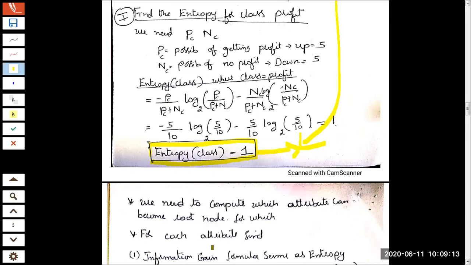I hope you have understood up to this point. In the next class, we will see how to compute the entropy of the attributes and how to use that information to obtain the gain that I just now demonstrated in the table. Finally, we will see how to decide who will become the root node, who will be introduced as part of level 1, and who should be eliminated. All those things we will discuss in tomorrow's session.